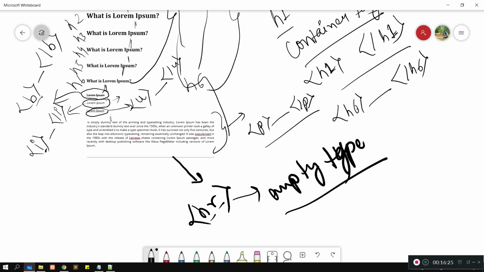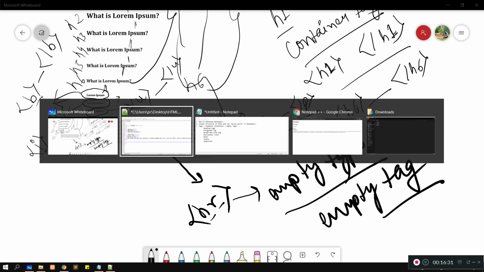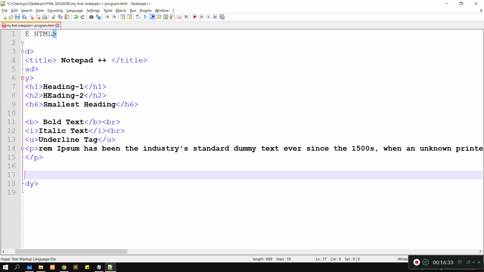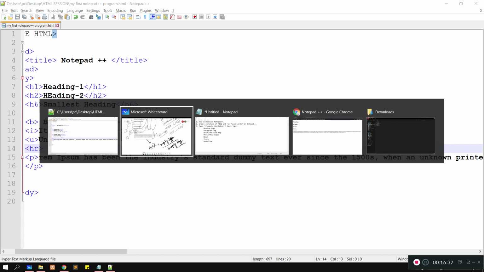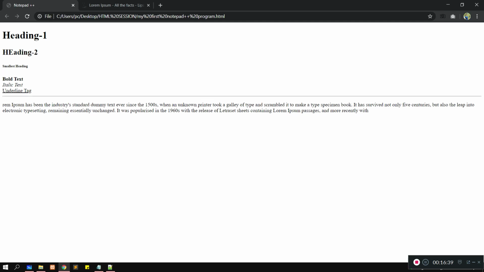Let me show you. Suppose I am putting hr before the paragraph tag. Then see, can you see this line above the paragraph tag? Here it is.